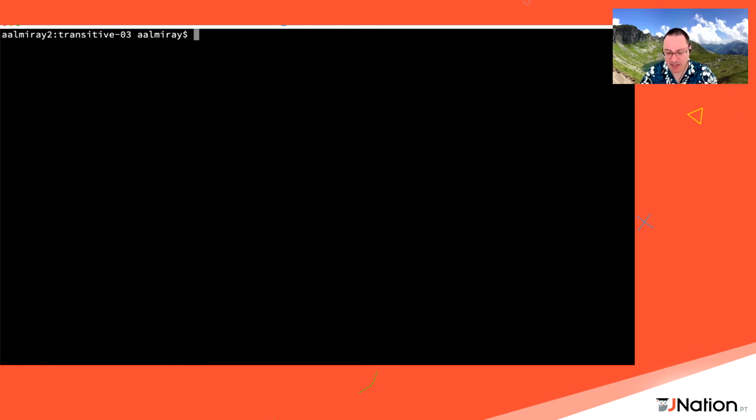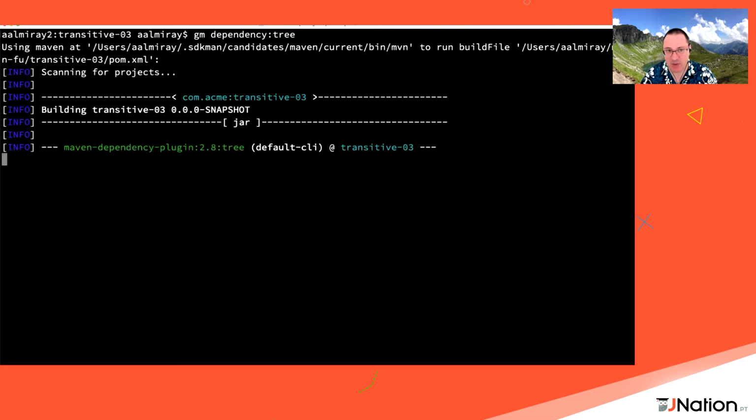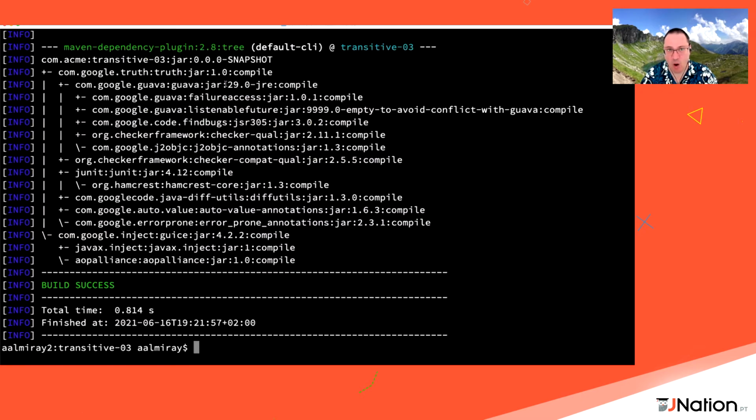So I run the dependency tree command again, just like that. And notice what happens. The selected version of Guava is version 29. So we have effectively overridden the default version coming from the transitives, saying, whenever you encounter Guava anywhere in the graph, it doesn't matter if it's direct, it doesn't matter how many hops away you have it in the graph, as long as it's encountered and there is a match with what the dependency management block says, then that particular version is going to be selected.